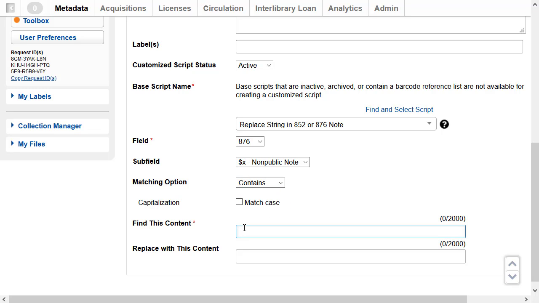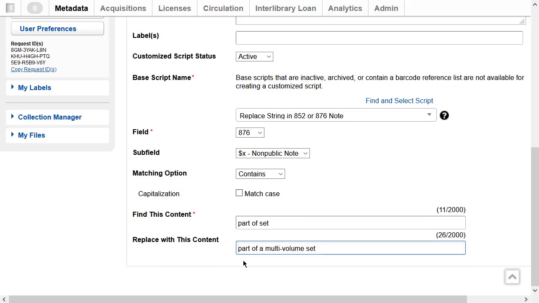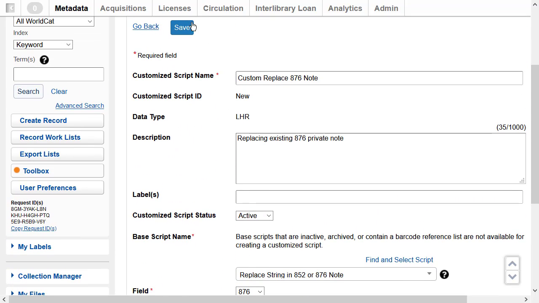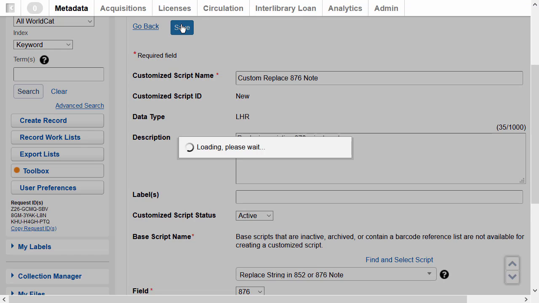I want it to find the content, the phrase part of a set, and replace it with multi-volume set instead. Once I've finished customizing, I can scroll back up to the top and click the Save button,